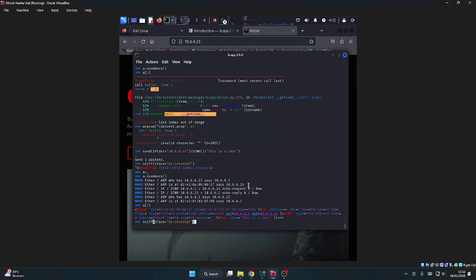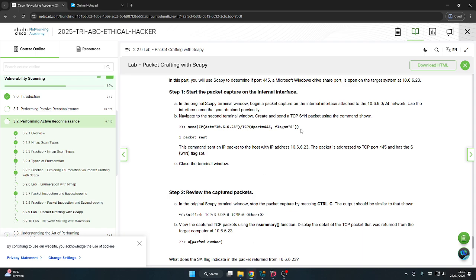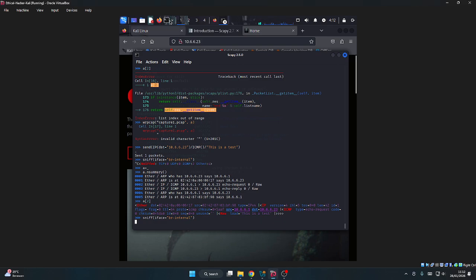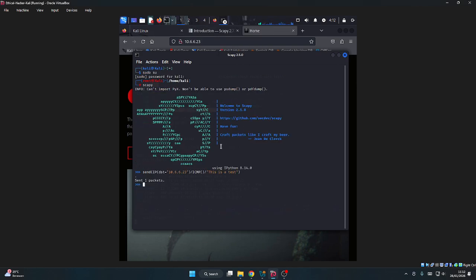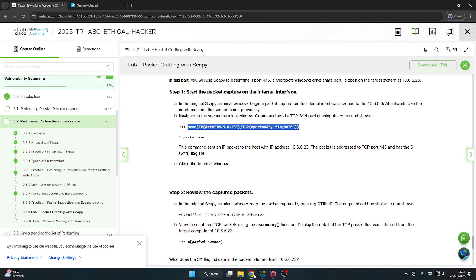Step again. In the second terminal we can send one packet, and we can review the captured packet sent, and just close the terminal window.